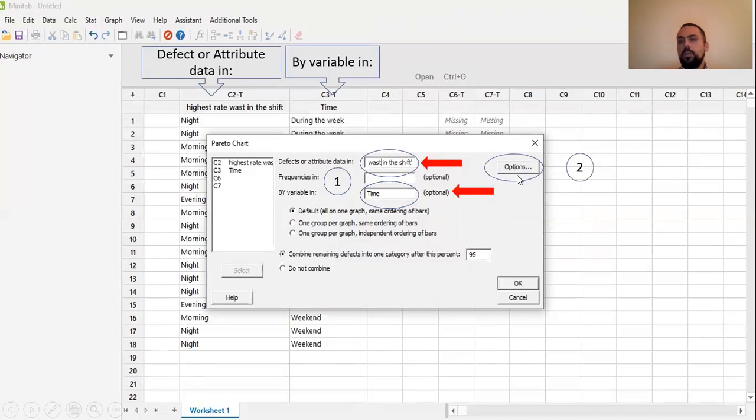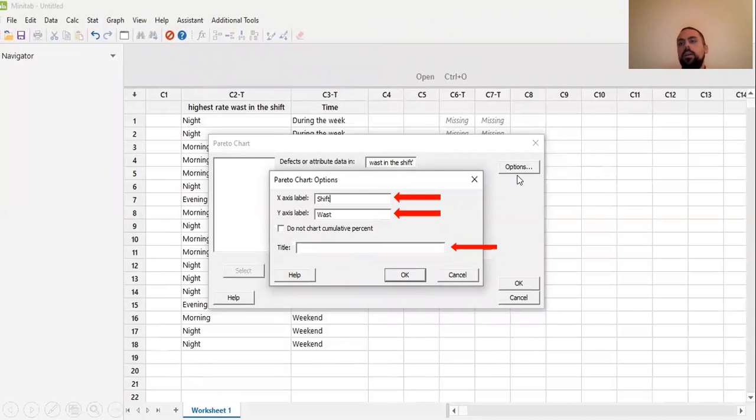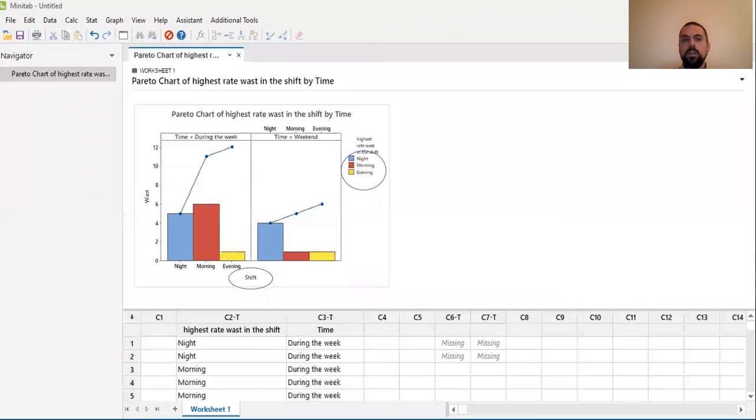In the part of the options, you are able to write the name of the x-axis or y-axis or specify a name for the title of your chart. So, I click OK. Now I have 2 diagrams. One of them is for during the week and another one is for the weekend. As we can see,